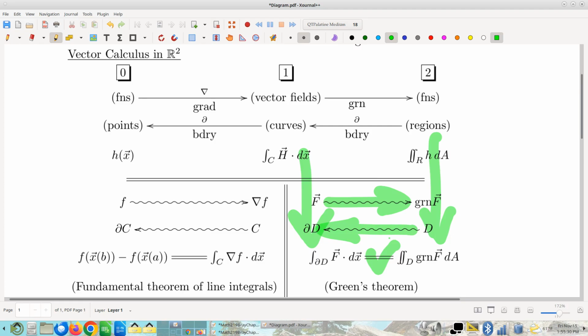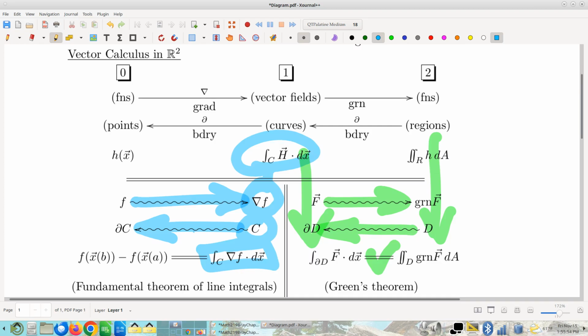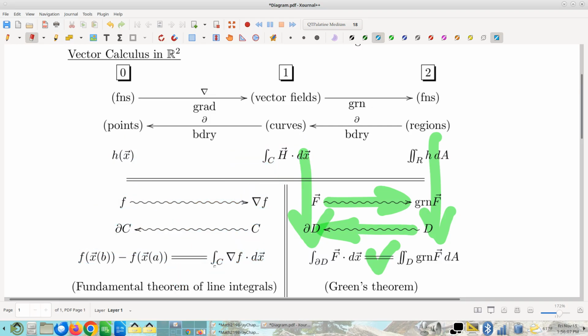And now let's talk about the fundamental theorem of line integrals. The fundamental theorem of line integrals says that if you take a gradient of some function, and if you look at the boundary, namely the endpoints of a curve, and if you're interested in the line integral of that gradient over the original curve, like so, and if you evaluate the original function on those endpoints like so, then again, you get the same thing. Or again, just for efficiency purposes,